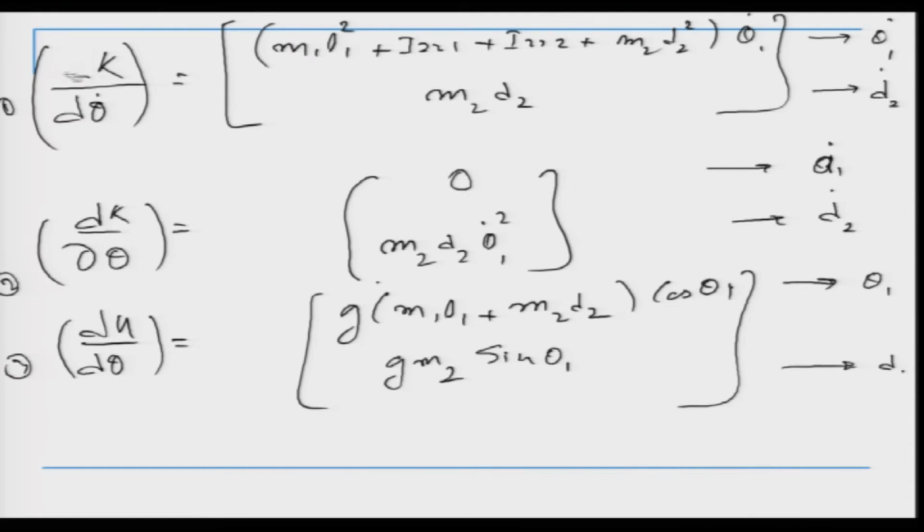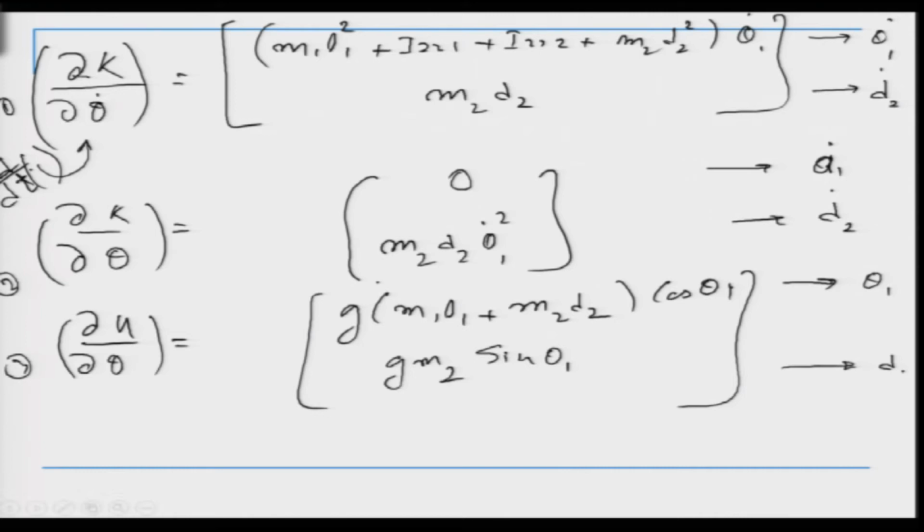Let me write it again, d dt of, just to maintain the consistency with what I had written before. So, what we do now is I need to take the d dt of this term here, to complete the derivation. Now if you look at this term, what we see is that d dt of this, that means derivative of this with respect to time. So, this is my d dt of,